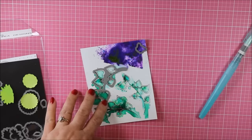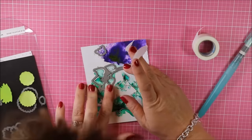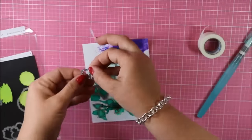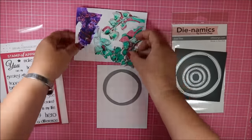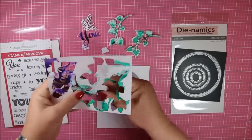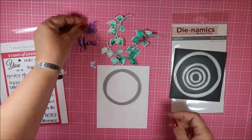You do want to make sure it's nice and dry before you run it through your die cutting machine, or you'll end up with that color all over your dies and your plates. So I'm just going to use some more of that medical tape to hold my dies in place, and then I'm going to run it through my Big Shot. I die cut some of the butterflies, and I cut out one of the U from the 2 U's dies